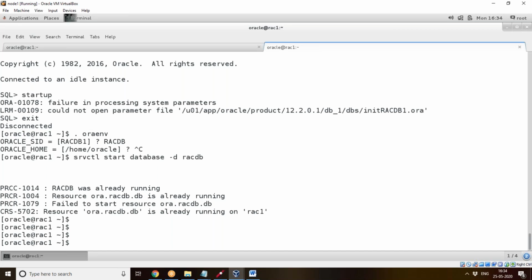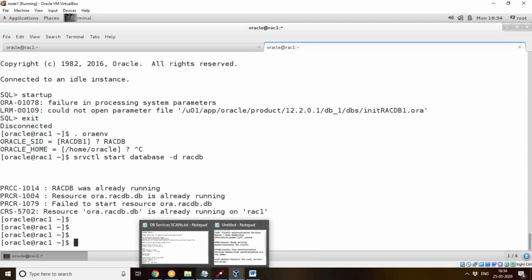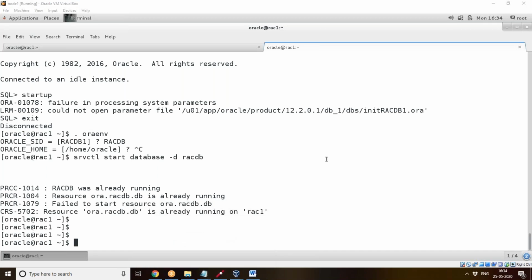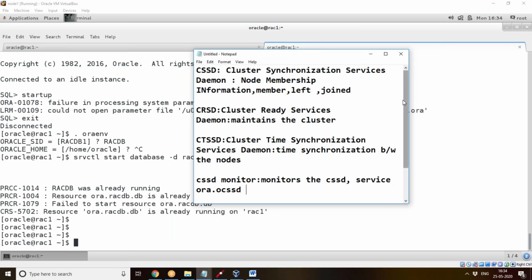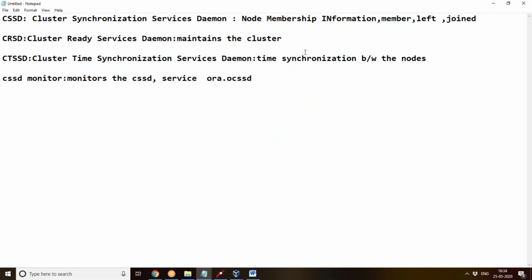Can you tell me about this ONS now, Oracle Notification Service? Yeah, I'll tell you each and every thing. Oracle Notification Service is used for sending messages between the services. It offers email service, SMS service, and fast application notification. So all those messaging services it is offering, that's it.